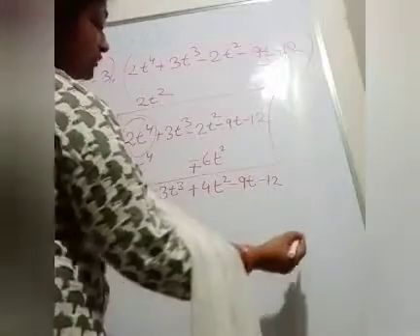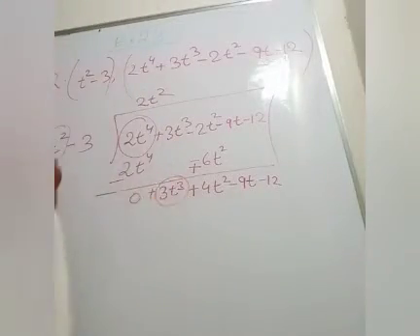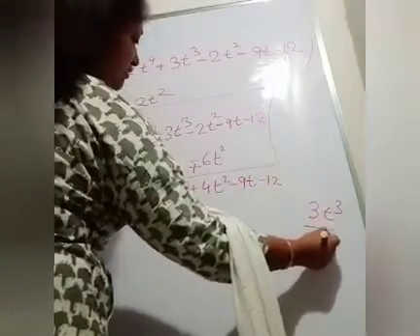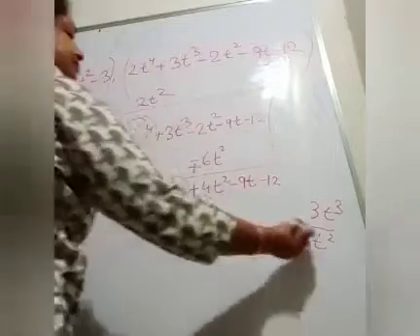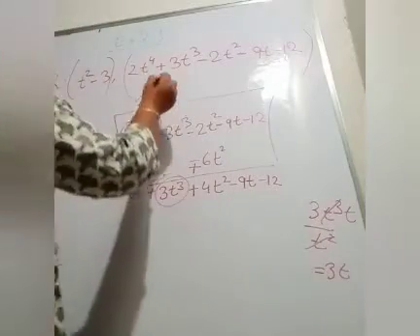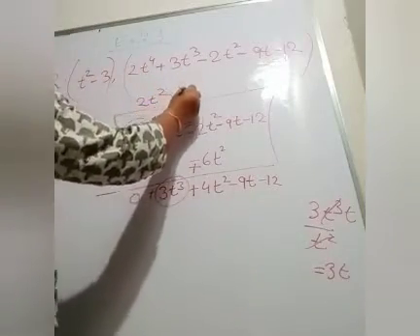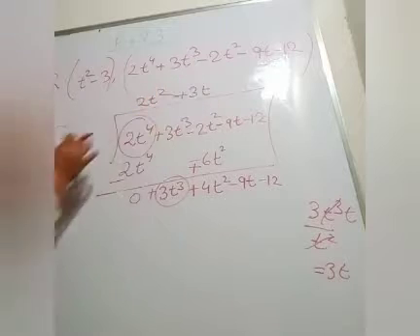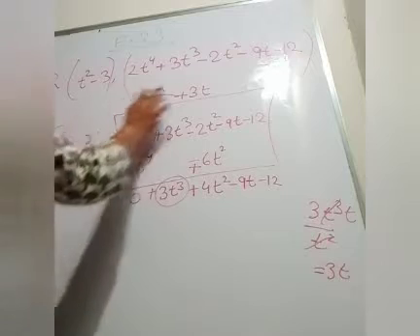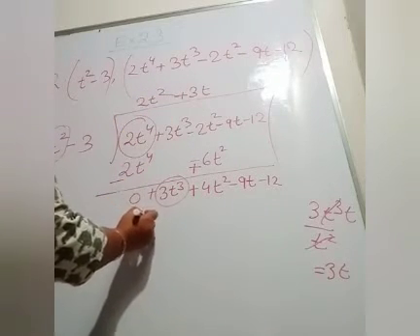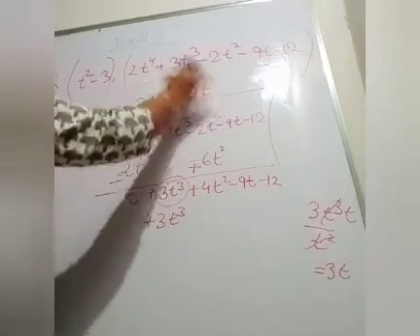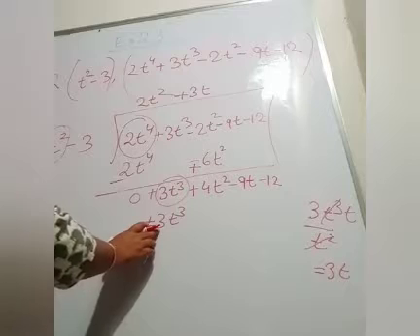Let's see what the quotient will be then. Take the first term and divide 3t cube by t square. What will be the quotient, students? The quotient will be 3t. So write here plus 3t. Now multiply 3t with the t square minus 3 one by one. T square multiplied with plus 3t, what will be the answer, students? Plus 3t cube. Powers will be added. So it will become plus 3t cube.